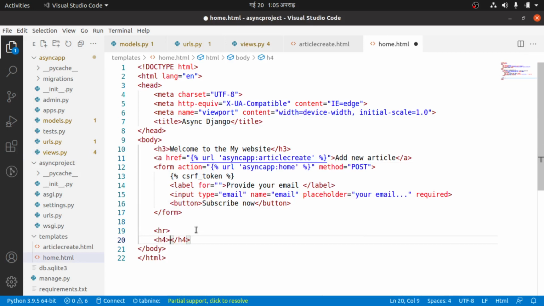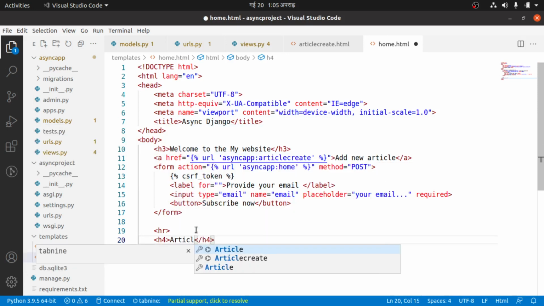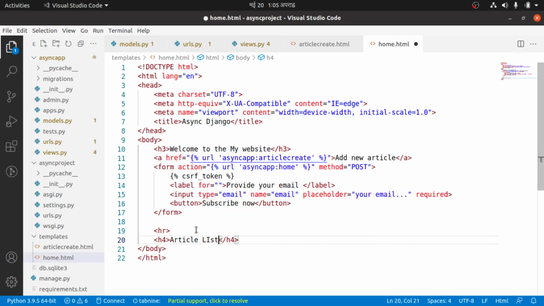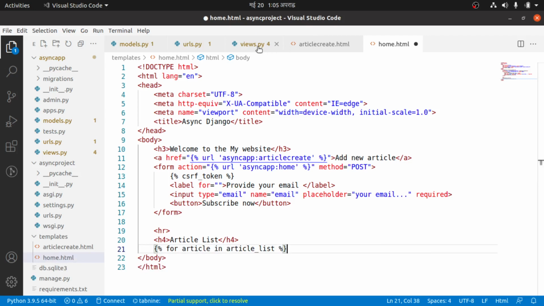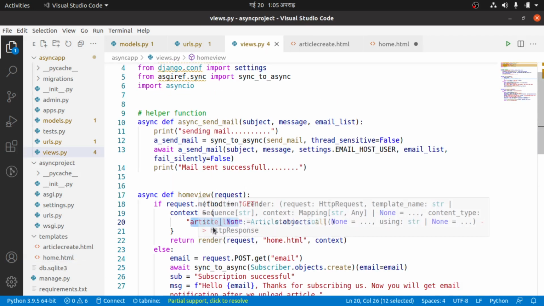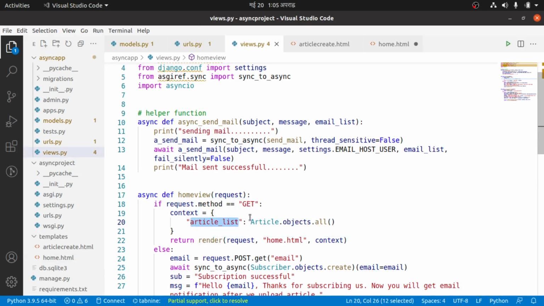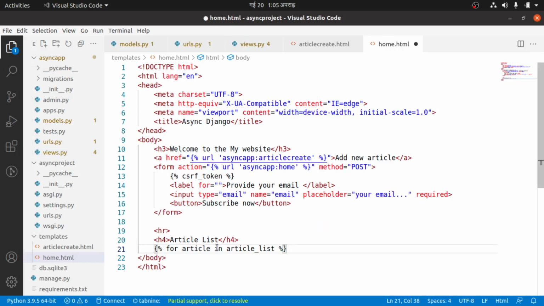Let's provide a header, article list, and below this let's loop through it: for article in article_list. This is our context name. You can see in our views there is an article_list, we have sent article objects as article_list. Okay, so let's loop through this, and after that